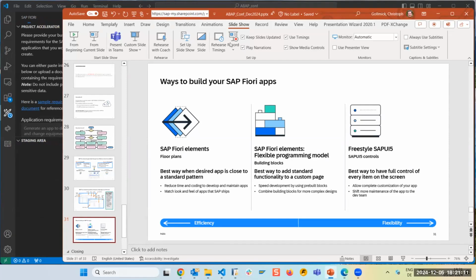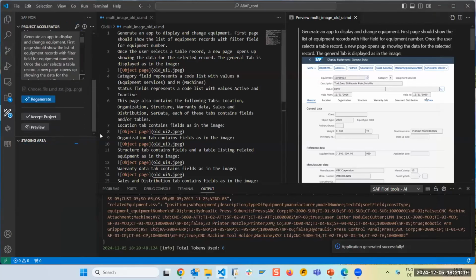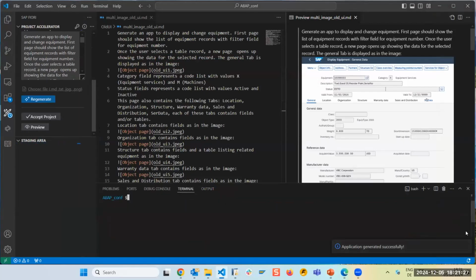Good. And I see the generation was completed. And we have an app. So now I'm really interested in how it will look. So I'm clicking on preview. This takes a moment because it updates in the background. It's always a bit of a surprise because it always looks a bit different,